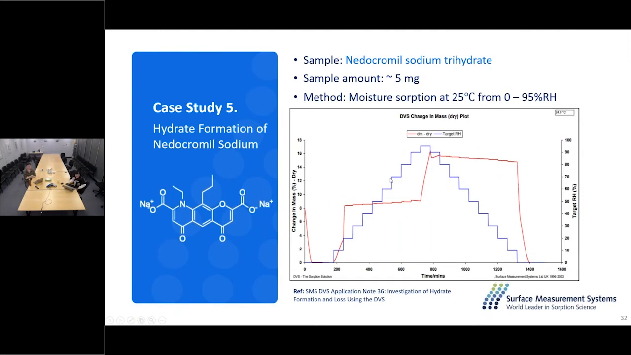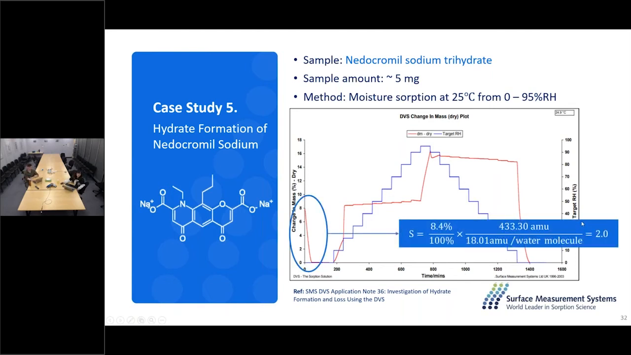And another case we have here is the nedocromil sodium trihydrate. We use about 5 milligrams of the sample, and we run the water moisture sorption behavior from 0 to 95% RH. During the drying step, which is just the flowing of the carrier gas, about 8% of water mass change is lost, which indicates 2 moles of molecule hydrated. So basically it goes from a trihydrate form into a monohydrate form during the drying step. And when we keep introducing moisture up to 20% RH, the trihydrate form is formed again in the structure, and